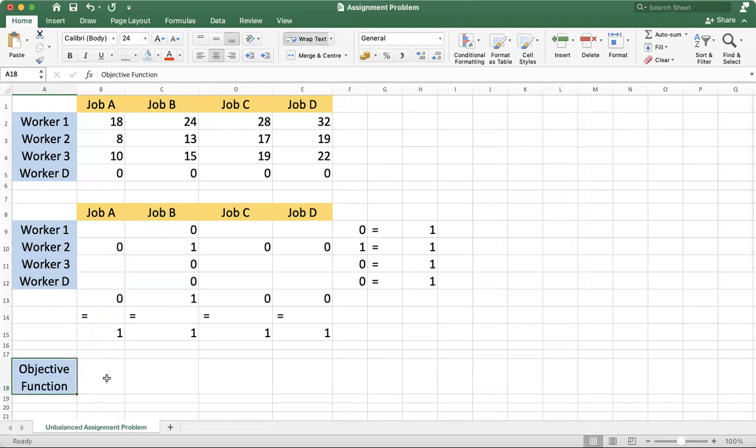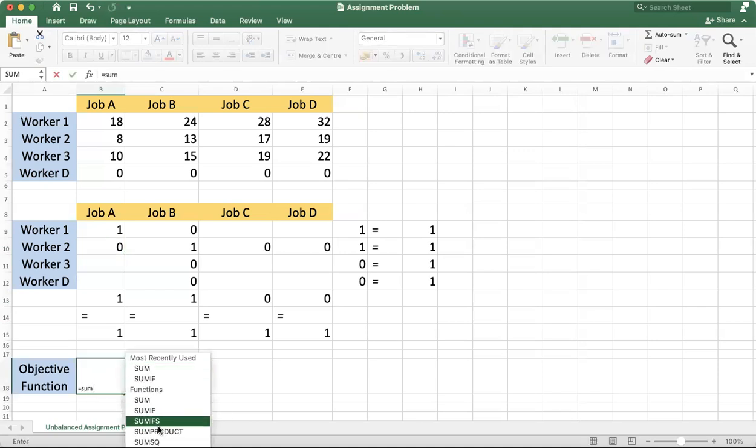So it will be the product and summation of all these values. Suppose worker 1 is assigned to job A; it will denote the assignment, so the cost of assignment is 18. Suppose worker 2 is assigned to job B, then it will be 18 plus 13, and so on. So we'll use the formula SUMPRODUCT.